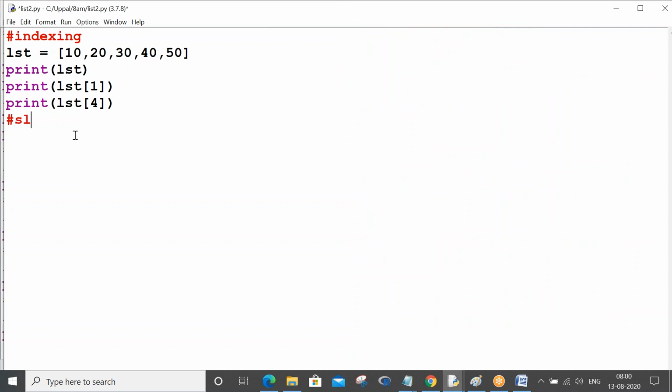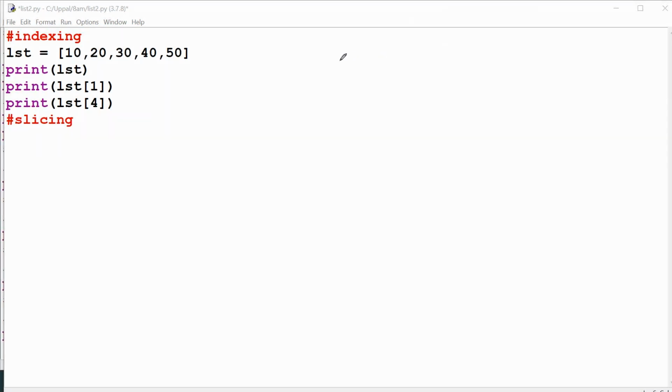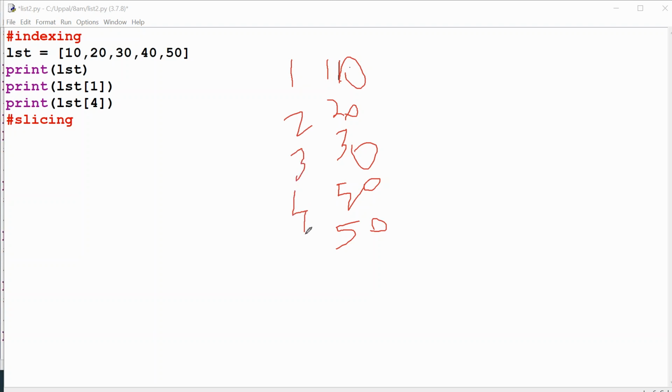Now let's try to understand slicing. If you want, write down here in rough work: 10, 20, 30, 40 and 50. Positive indexing is 0, 1, 2, 3, 4.